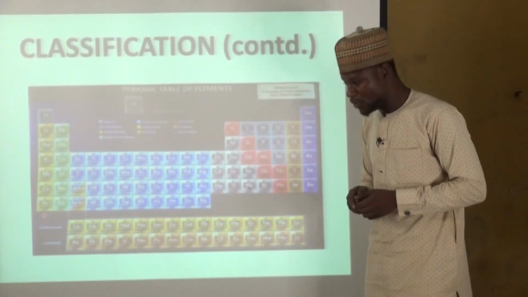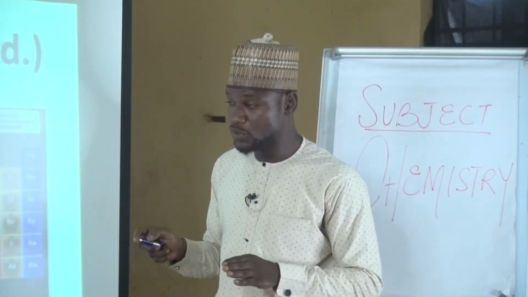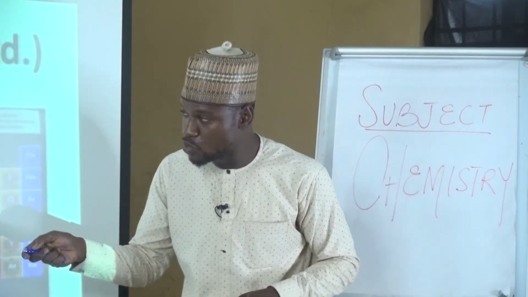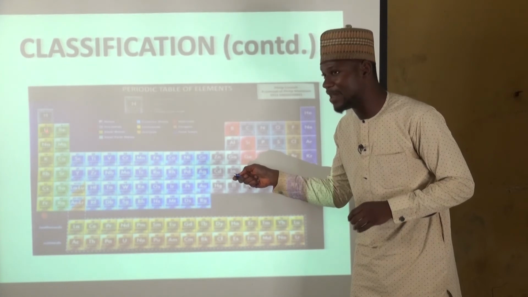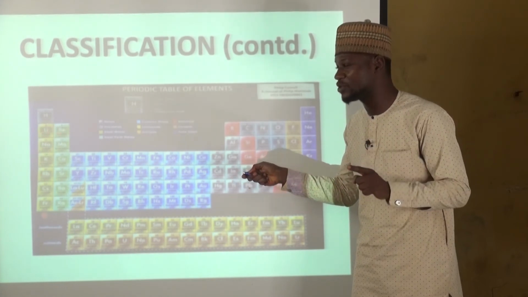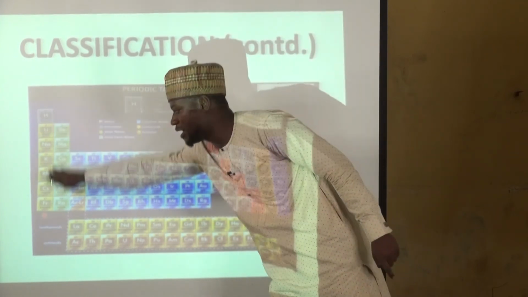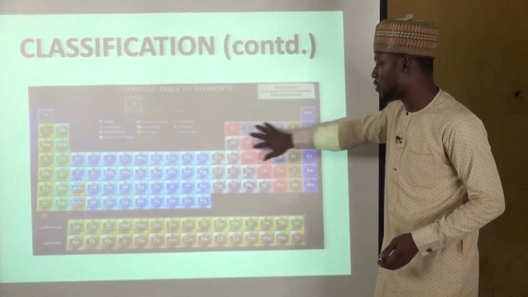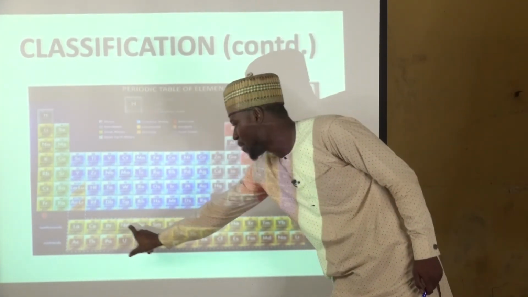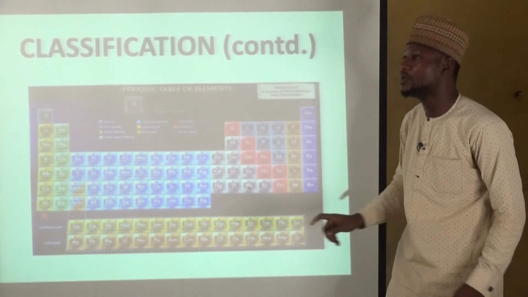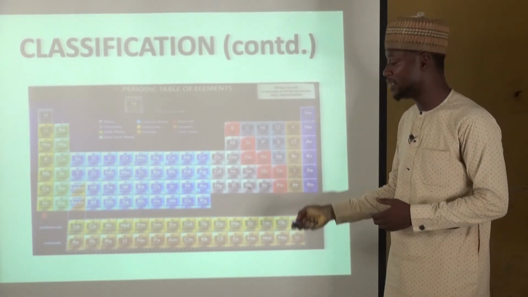And finally, one of the things I would like to discuss, from the table, he made mention of it. You see it clearly that the first two groups are called the S block elements, because the last electron is filling the S orbitals. They are the first two groups. These are the S block elements. These are the P block elements. These are the D block elements. And finally, we have the F block elements, because they are partially filled F orbitals.